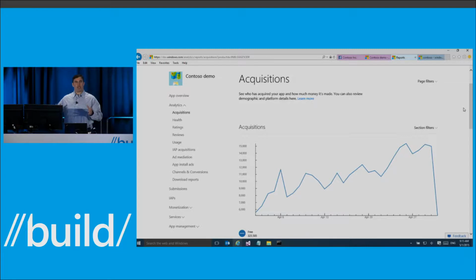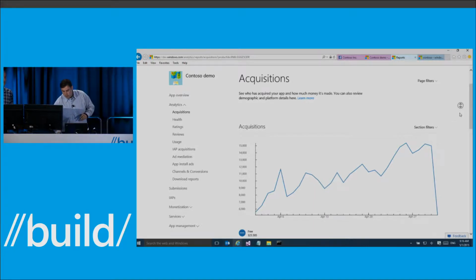So if you have an application live in the Windows Store or Windows Phone Store today, you know that you need to go to two separate locations to be able to view the number of downloads you receive for your application. In the new Dev Center, this report combines all of that information into one place from the Windows 8, Windows Phone 8, and Windows 10 stores. Furthermore, we've improved the latency of the data that you see here. So in the first graph, the last point we have here is actually data for our application today. This is being updated hourly. That's why you see the huge spike at the end here.